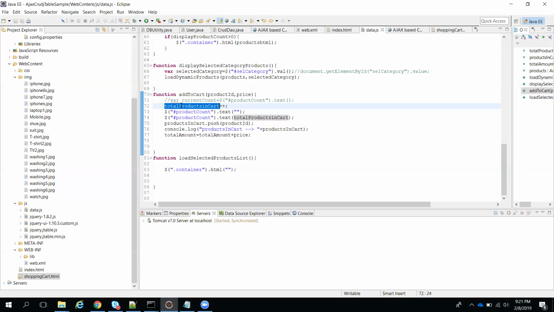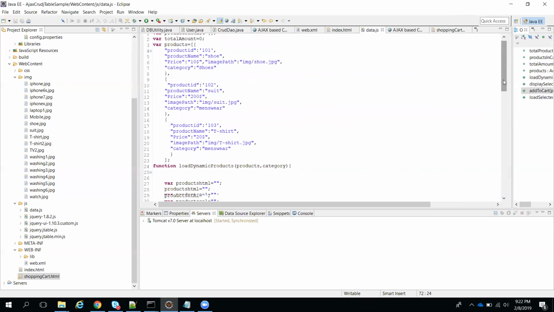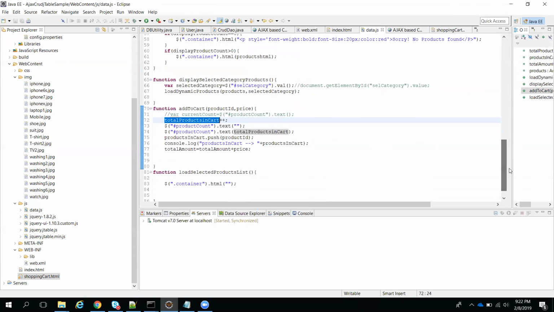You get that increment 1, 2, 3. I initialized the total products in cart variable to 0, declared globally at the top. Once you click on add to cart, I'm incrementing that value. When you use plus plus, it increments by 1. Then I'm clearing the previous text.